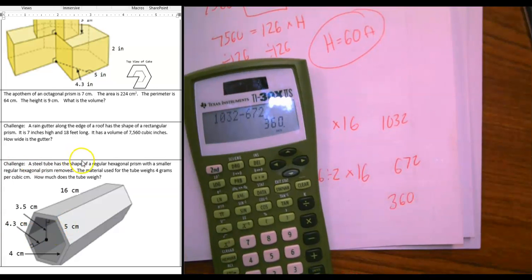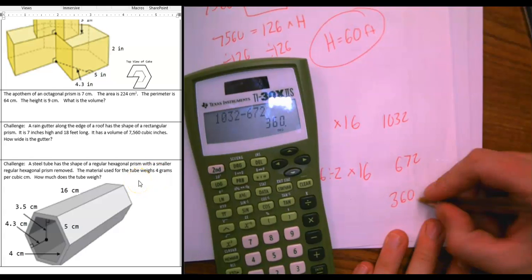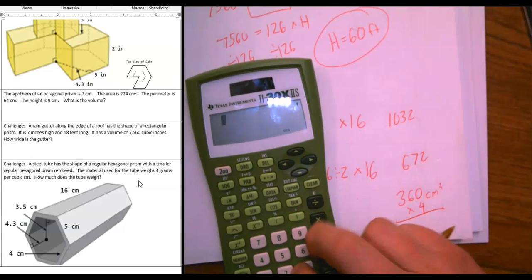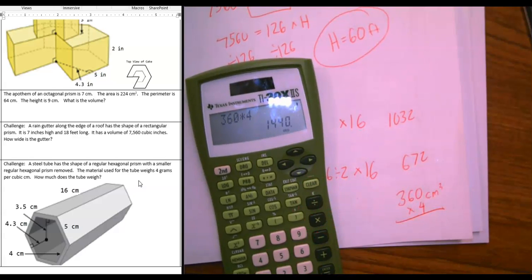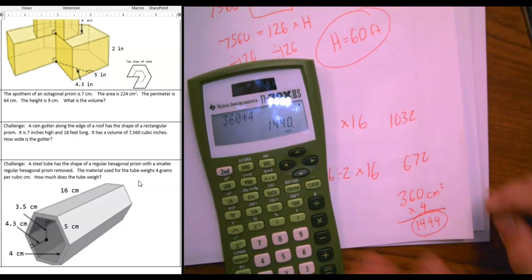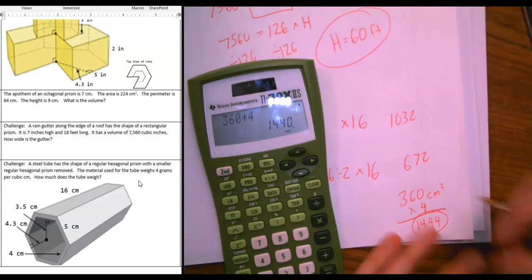But then it says a steel tube has the shape of a regular hexagonal prism with a smaller regular hexagonal prism removed. The material used for the tube weighs 4 grams per cubic centimeter. So then we times it by 4. Because 4 grams per cubic centimeter means it's going to weigh 1,440